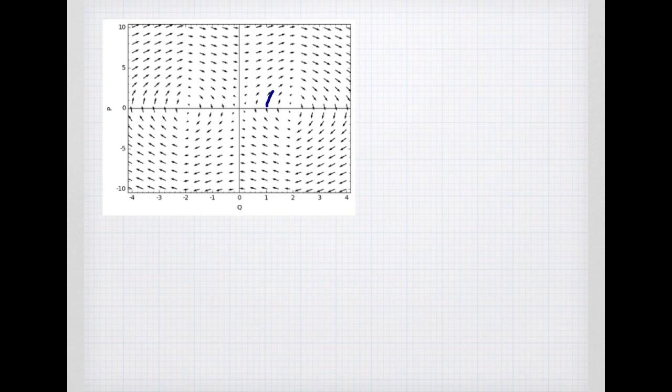So we're just going to follow the arrows, and at all times we want to be parallel to the arrows and come back where we started. Now if I were to take this particular orbit, this path in the phase plane, then we would want to be able to identify key points and plot them as functions of time. So what I'm going to do is create a new graph to the side,